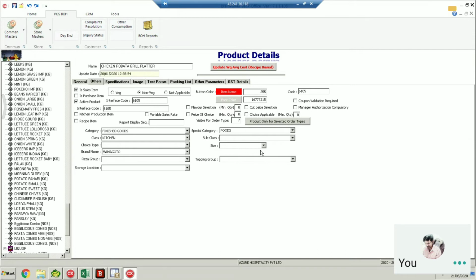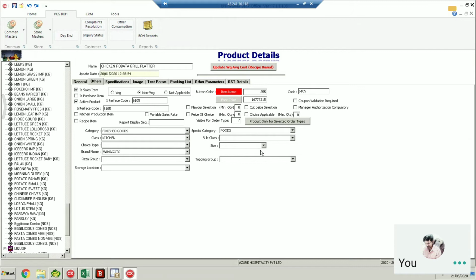Say in biryani you're giving an option of two kinds of raitas. Or you can say you're giving an option of salad and salad. From both the options you can take only one item, either salad or salad. Either or you can take. So this is one configuration available in add-on.